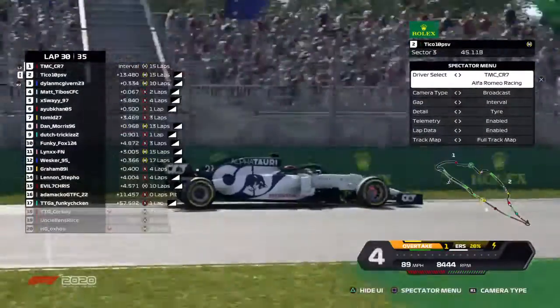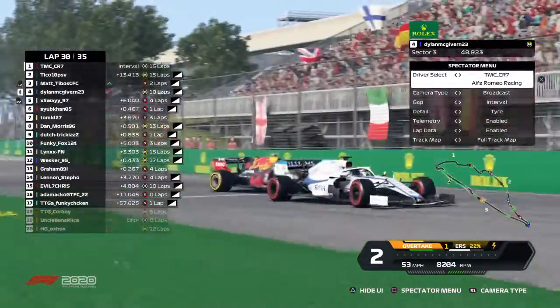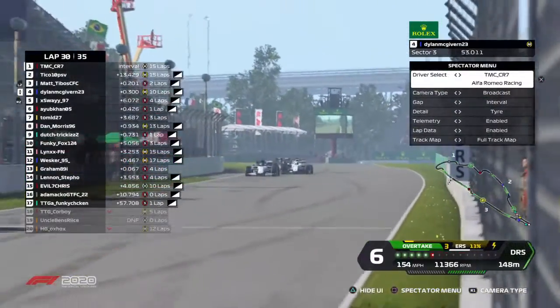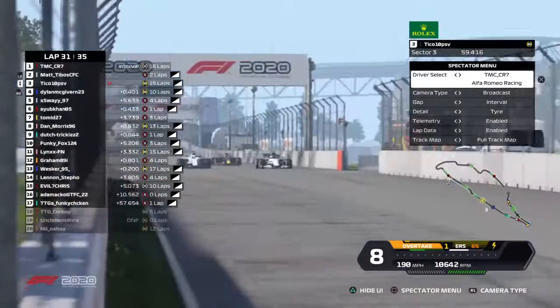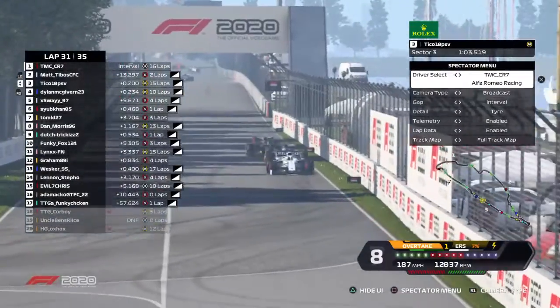Oh, it's going on the inside. Move from Matt Tibos on the inside. Matt Tibos down the inside at the hairpin. Gets the move done. He's got so much more grip. And onto the podium he goes. And now we've got Tico, who's fairly a sitting duck here. He's just got so much more grip to the inside with the DRS. Gets the move done in the straight line. Now can Tico hold on